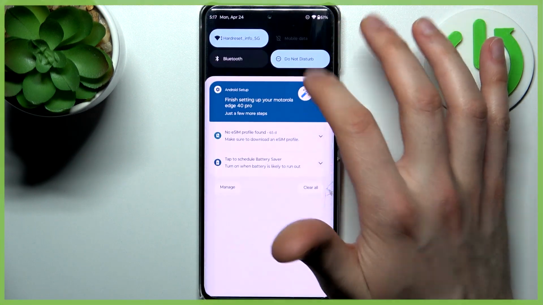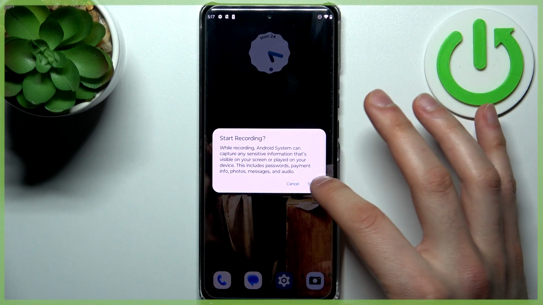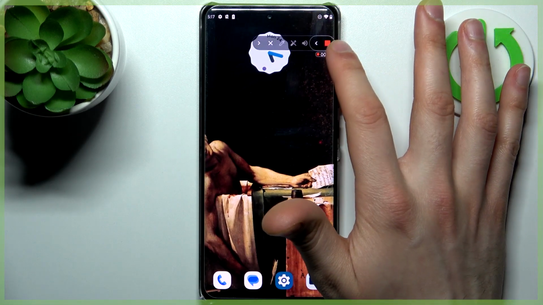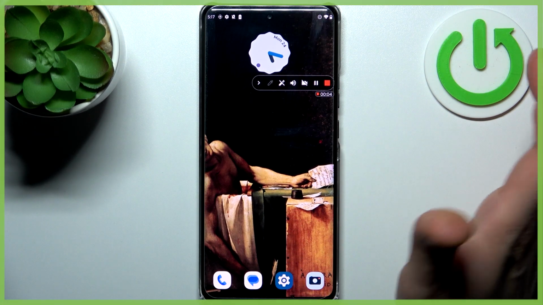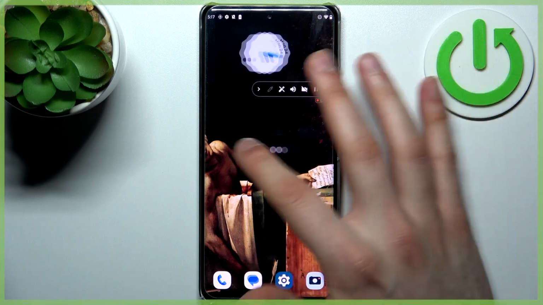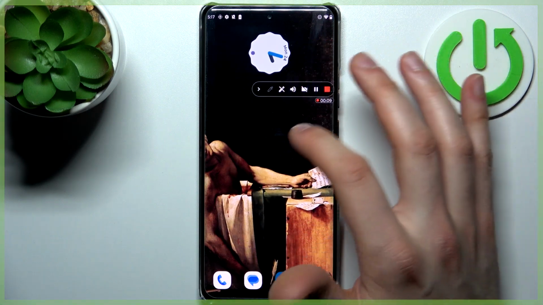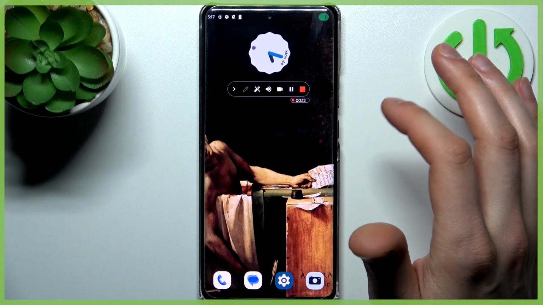So in order to start recording, just tap on this button once, tap start, then this kind of menu appears. Here is like the timer. After this timer ticks, the recording starts. You can pause your recording, then you can play it again. You can enable this video viewfinder,